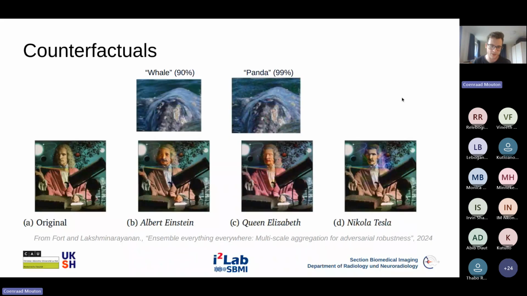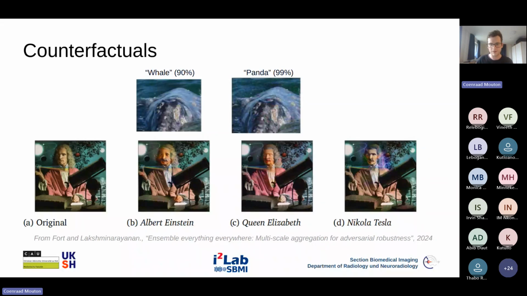Another cool thing you can do with robust models is generate what's known as counterfactuals. A counterfactual is an interpretability technique that essentially just asks, what is the minimum change I need to make to this image before my model will classify it as something else?